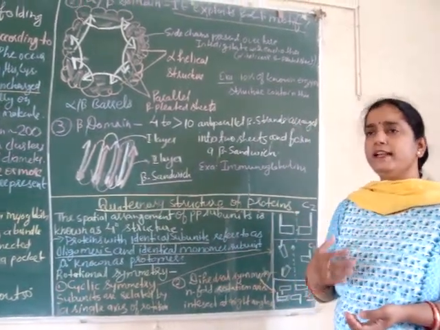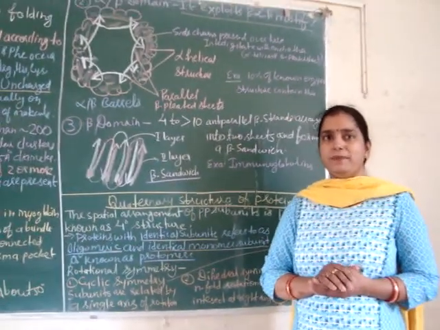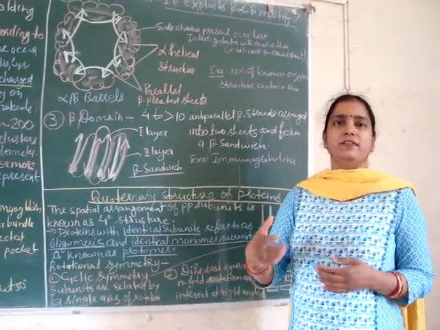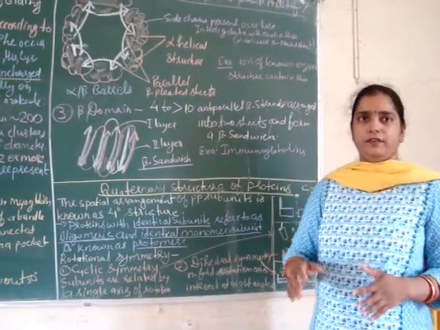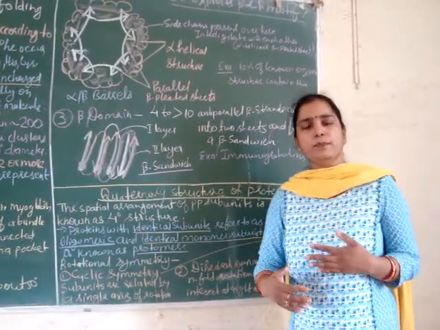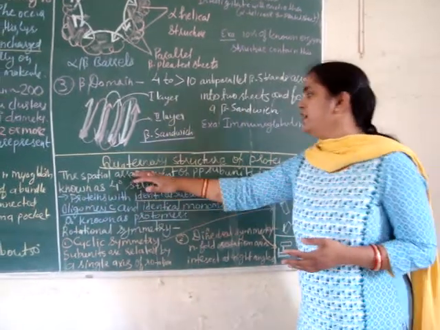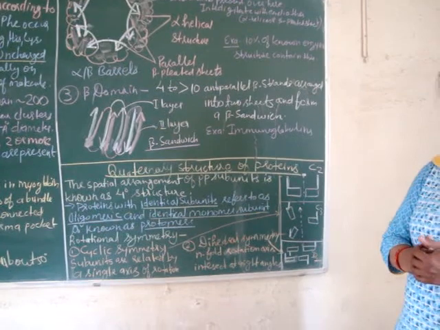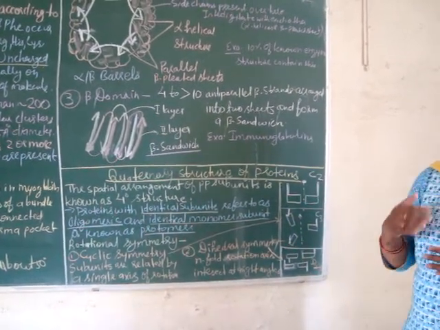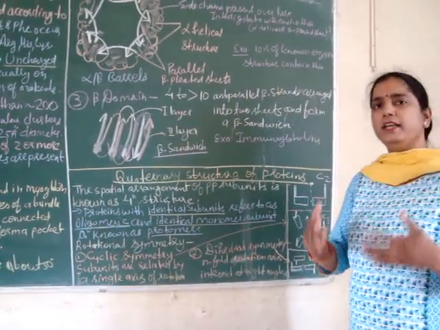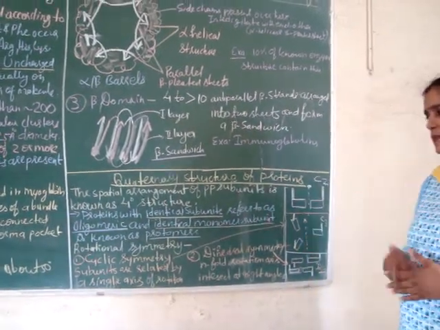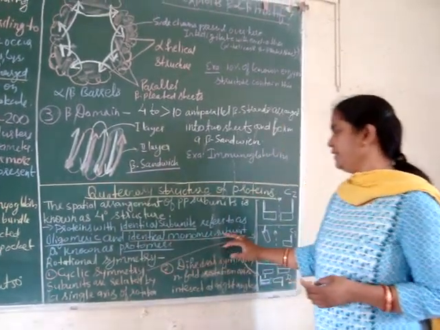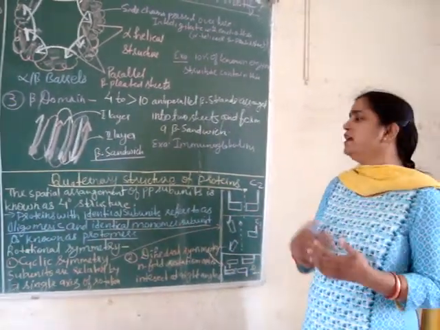Okay, and a protein that is made up of a single polypeptide chain has a maximum structural level of only tertiary structure, and those proteins which are made up of more than one polypeptide chain have quaternary structure, and that is the spatial arrangement of polypeptide subunits. That means with more than one polypeptide subunit, how they interact with each other in space. Okay, so a protein with identical subunits is referred to as oligomeric, and an identical monomeric subunit is known as protomer.